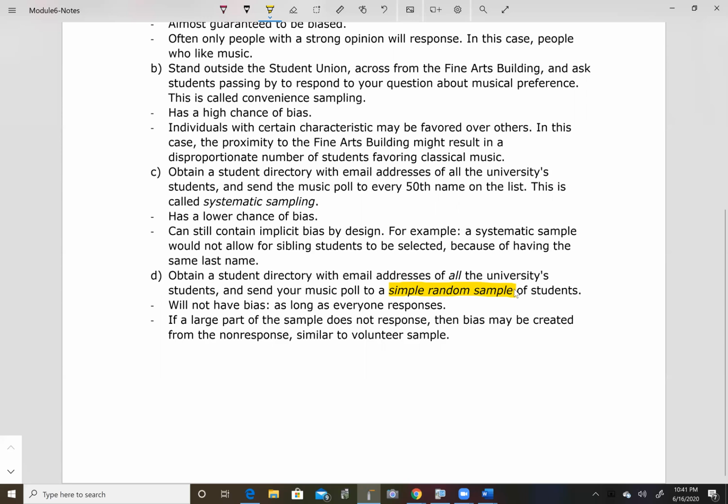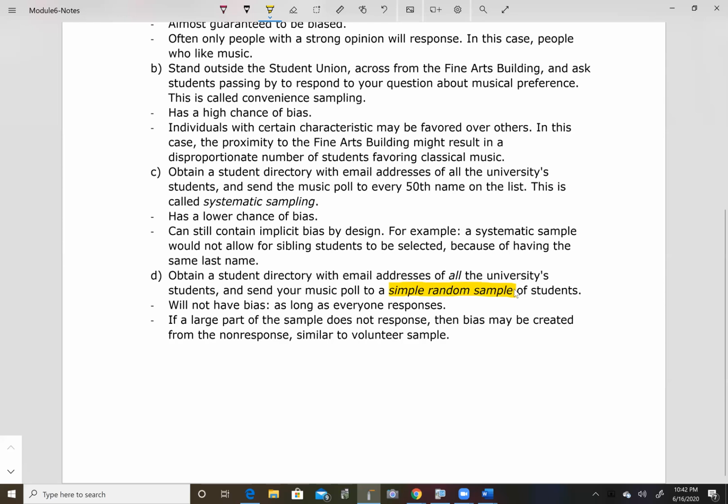For your project, maybe not for this first one, but definitely for the second one, a simple random number generator, I think, is the easiest way, either on your calculator or on the computer, to do a simple random sample, unless you want to cut up a bunch of people's names and put them in a hat. But I will tell you,